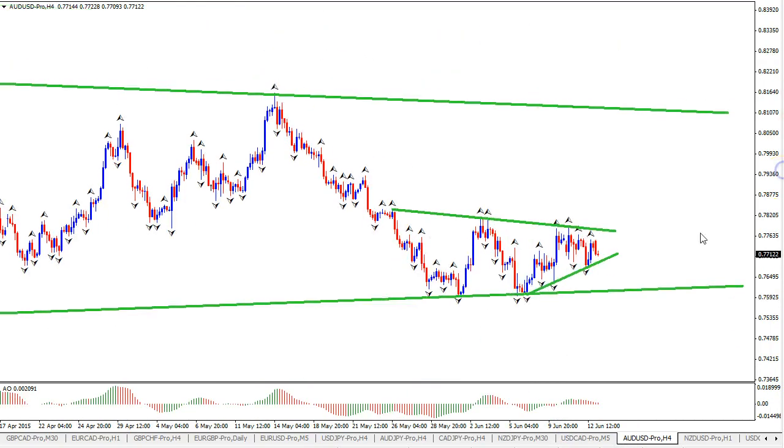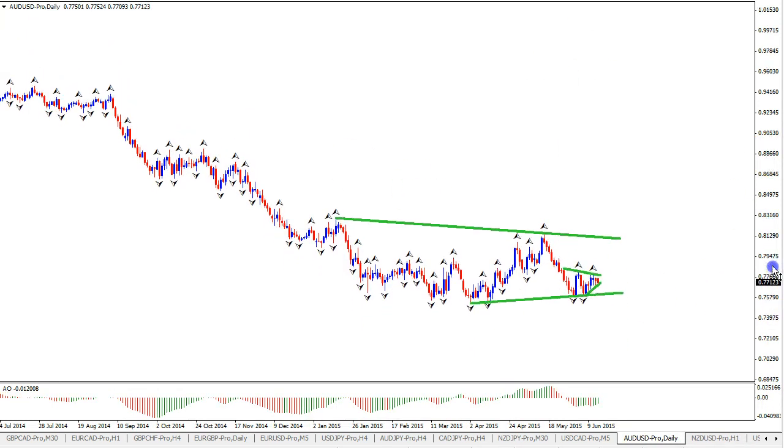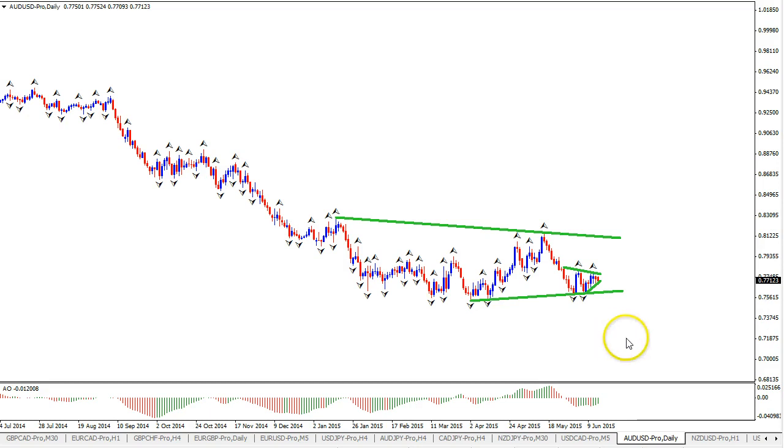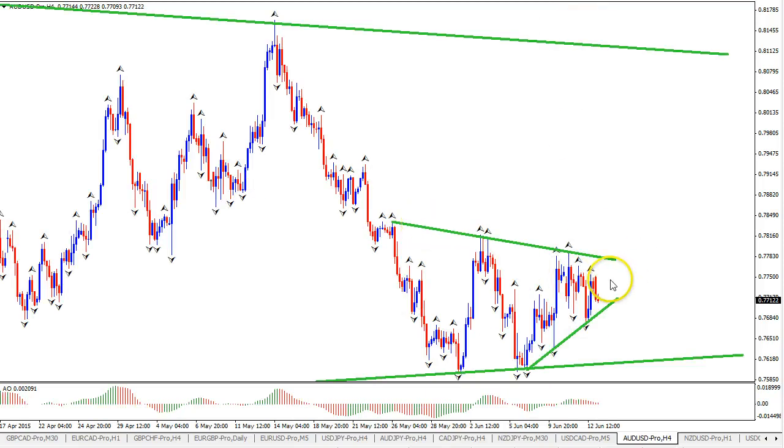So if price breaks through the support, there could be a continuation of this downtrend, and price could start falling perhaps to the next support levels like 70.25 and 70, a round number I should say. If it breaks resistance, then of course there's that rally potential to retest resistance up around 80, and that's also a round number. So in that regard, it's basically the same story as the other pairs, keeping an eye on